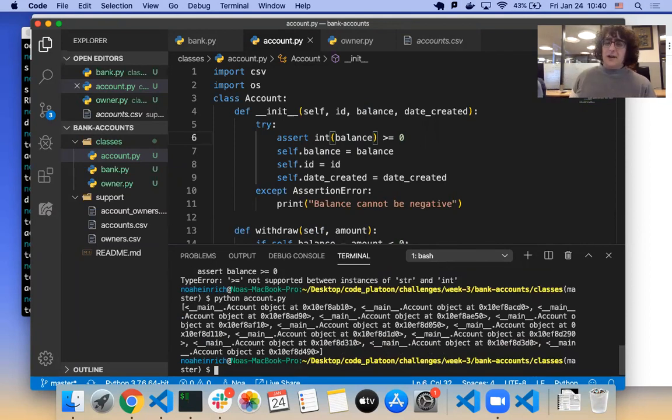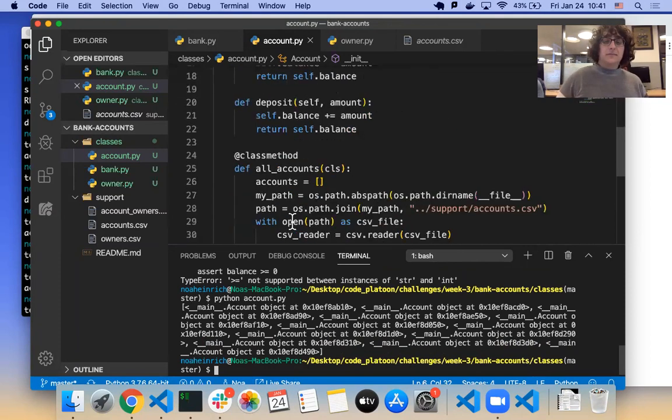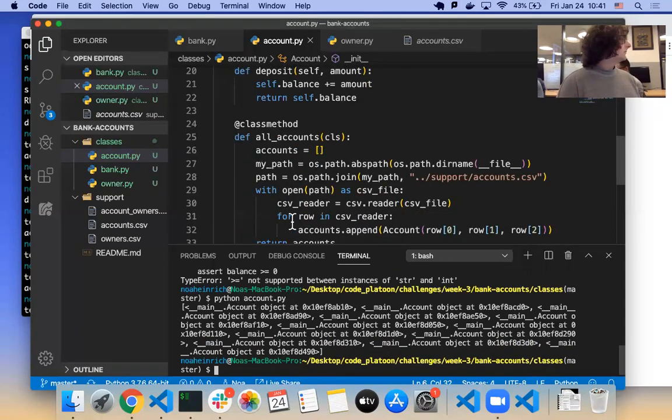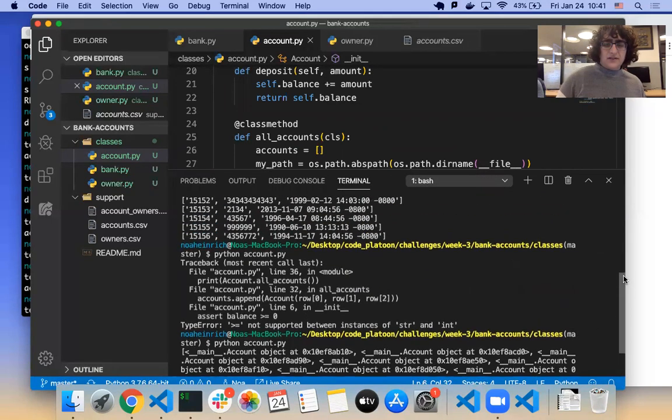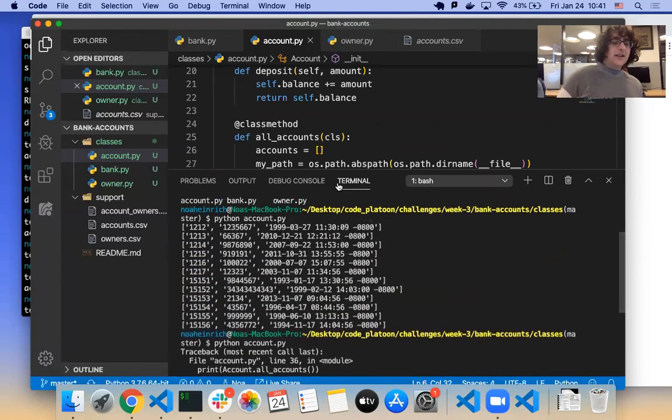What questions do you have about how we created this method? What did you do? Sorry. Go ahead. What was rows 0, 1, and 2? Sure. That was my question too. You talked about the order. Yeah. So if we take a look at the rows when we printed them out earlier,